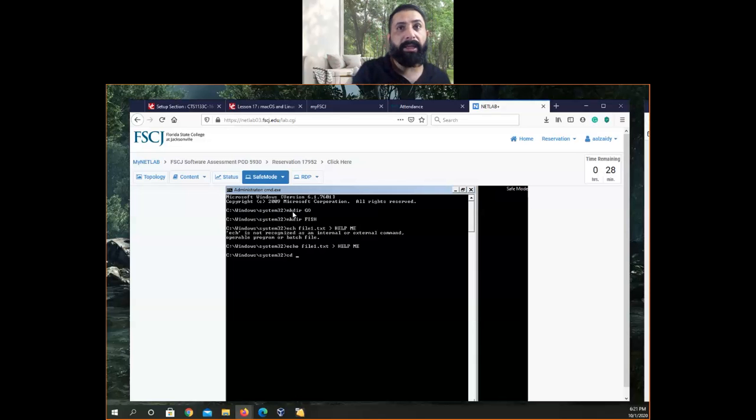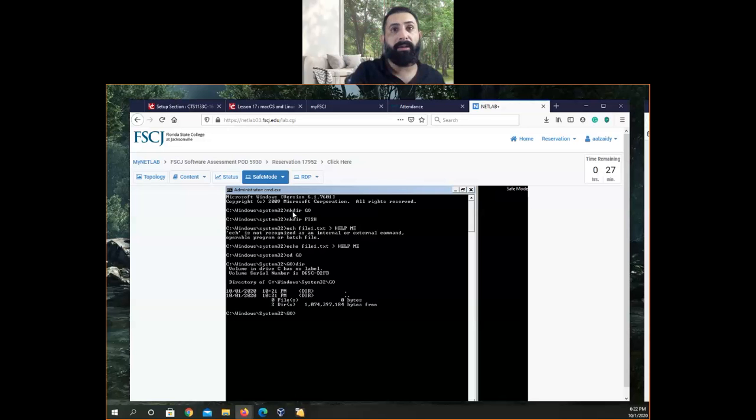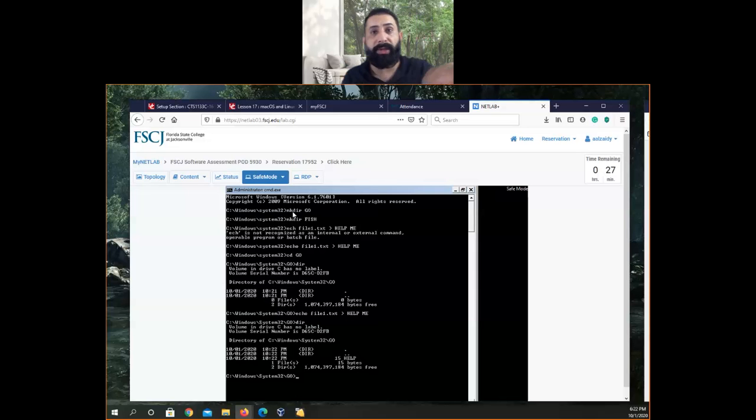So cd go, because now I don't have anything inside here. So what I'm going to do, I'm going to do echo help me, file1.txt. Then I'm going to say dir. I will see that I have a file inside the Go.